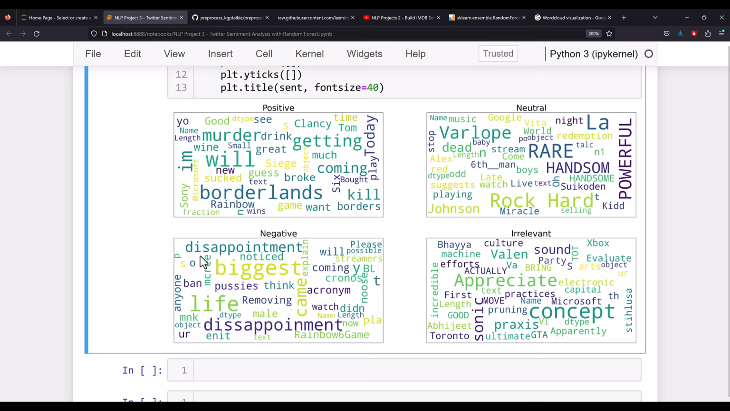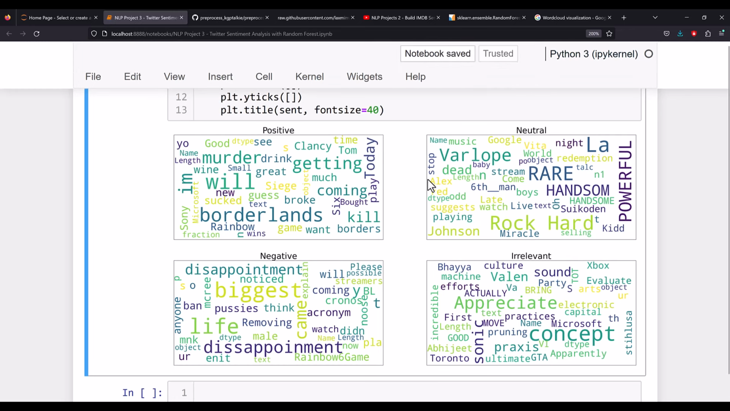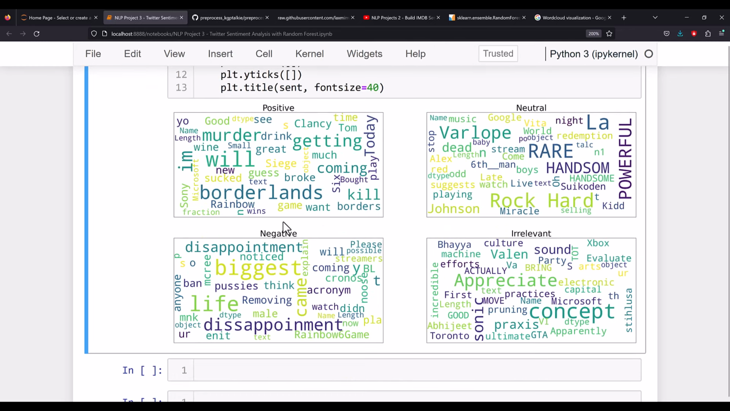So the people might say that the biggest disappointment, Chronos, acronym, watch, didn't, disappointment. So these seem like a negative sentiment. And irrelevant are something like this, where the people are talking something irrelevant. Concept, Microsoft, practices, text, appreciate, actually, bring, party, sound. So with this word cloud, this really looks good, and you can use this for your purpose if you want to use it for